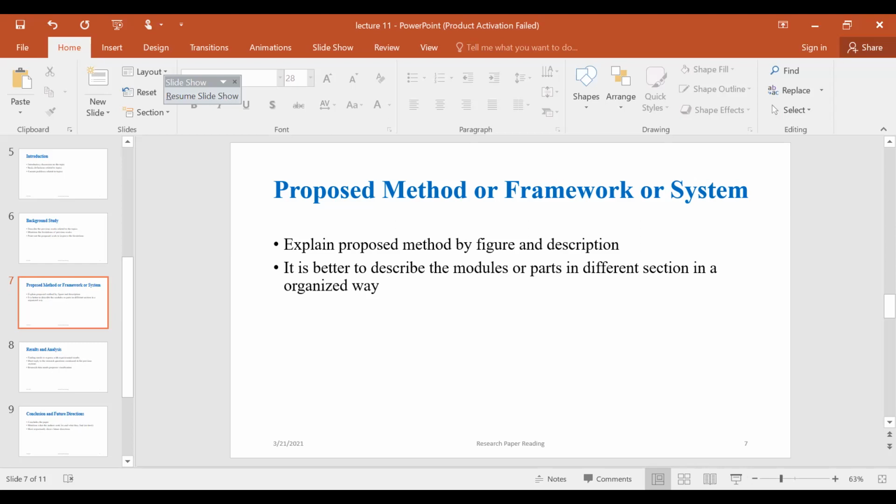So that means the proposed method may have multiple subsections, so that we can separately understand what the modules are, and each module is discussed more thoroughly in the subsections. So if I move to the current paper,